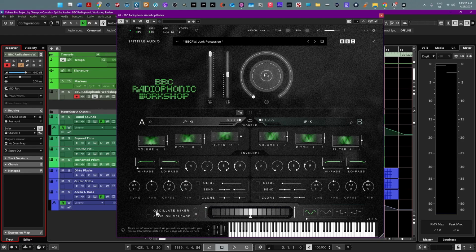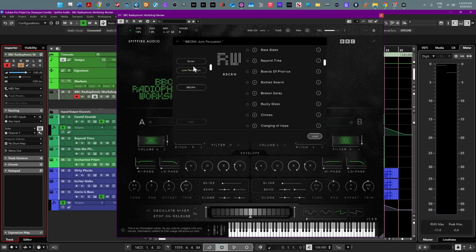This is the oscillator. You have to check this box to activate it, and you can set the speed here, and here you can also set the behavior of the oscillator. You can also assign a parameter to the big knob here, and you can assign it to a control change, so you can control it in real time if you want.